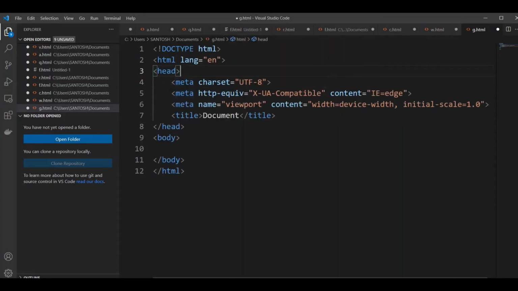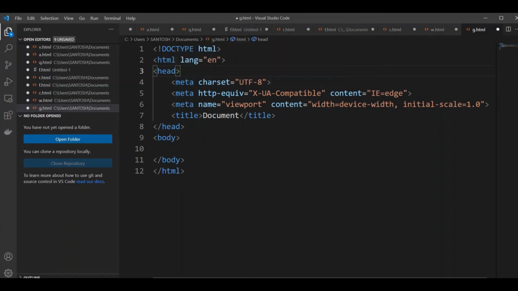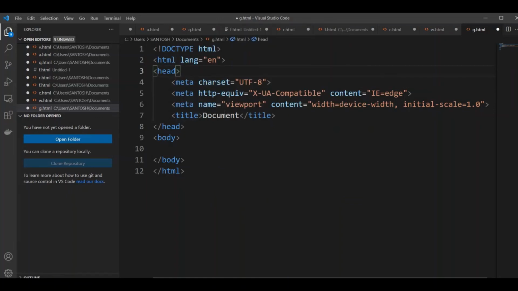The third statement is the meta tag, between the opening head and the closing head. What is the meta tag? The meta tag is used for external links in a website, and for a description. We can print a description about the website using the meta tag.